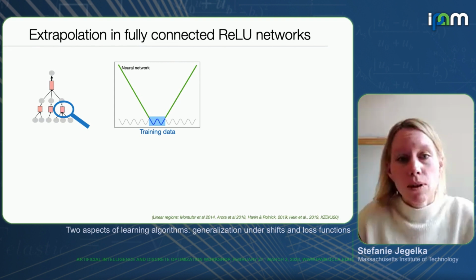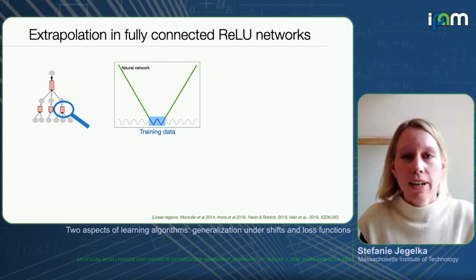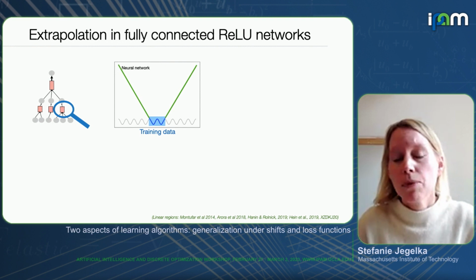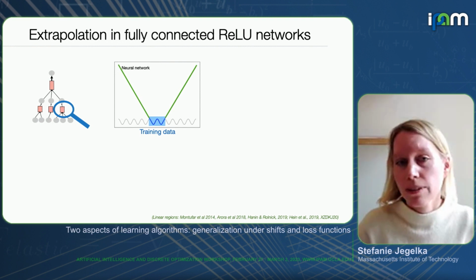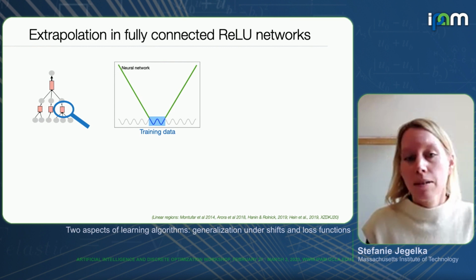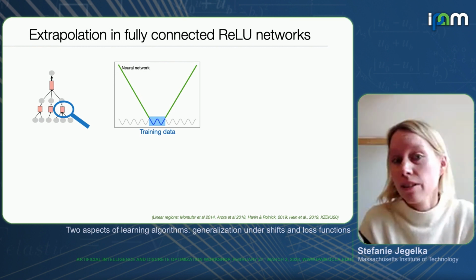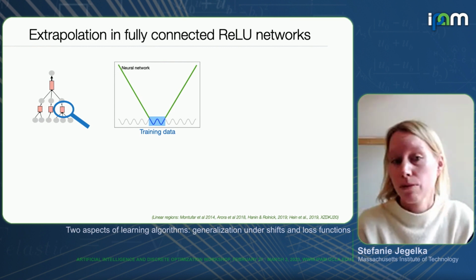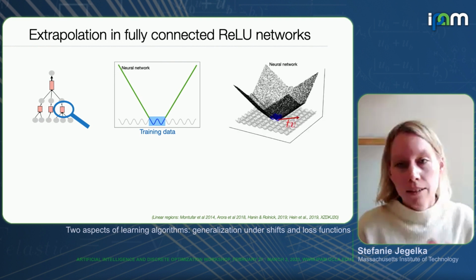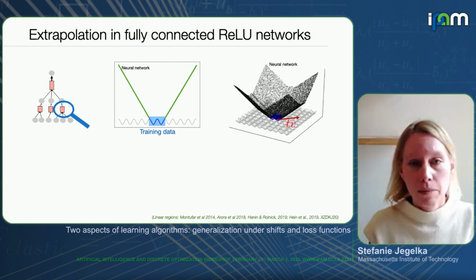But as I go away from my training data, the model, because I have a ReLU network, extrapolates like a piecewise linear function. So essentially directionally linear. It means it concentrates all the nonlinearities where the training data is, because that's where I have to fit the data. And here's the picture in higher dimensions.